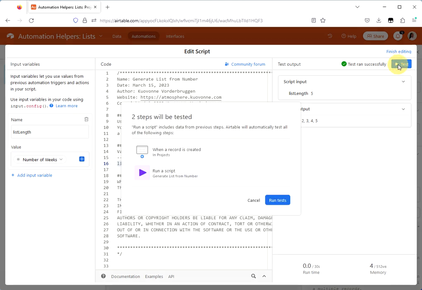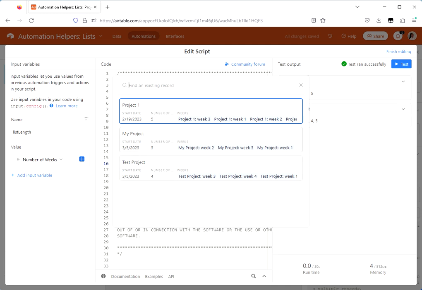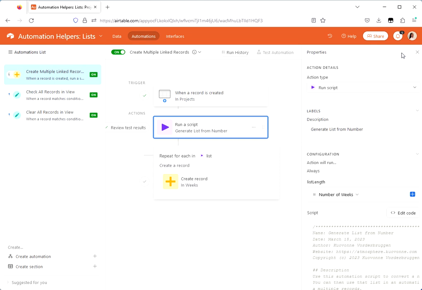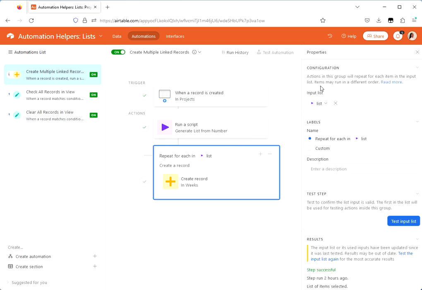Then click the test so that it will actually generate that list from there. So you do have to test the script before you can go on and configure the rest of the automation, because the next part is you're going to add this repeating group, and for that, the input list,